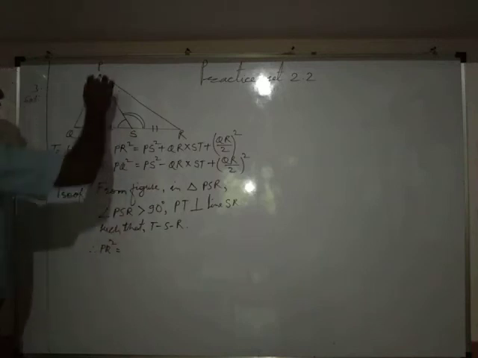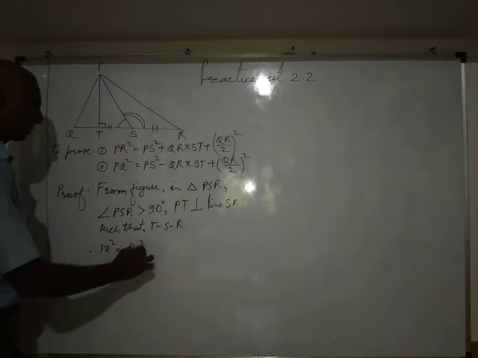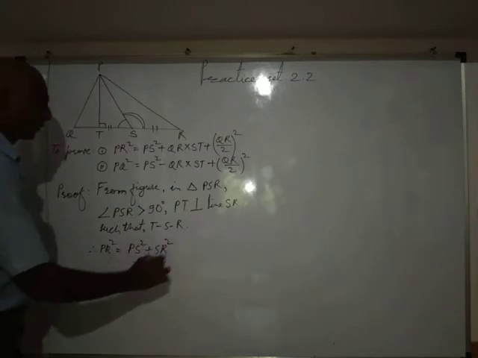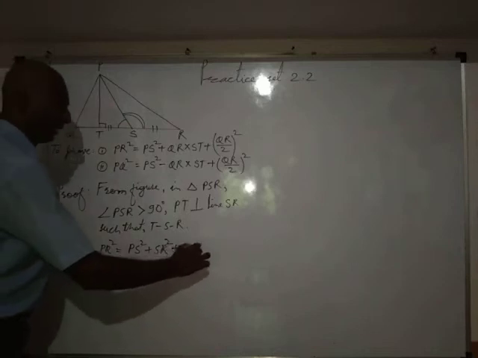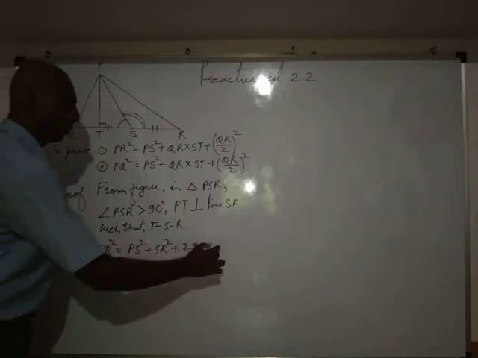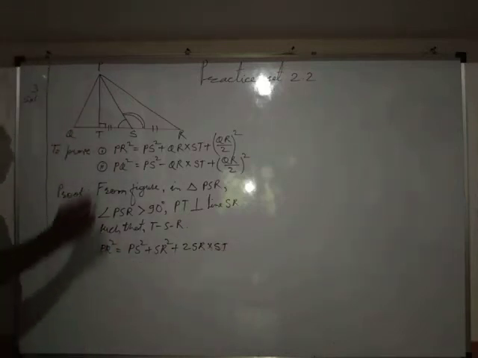PR square equals PS square plus SR square plus twice of SR into ST,